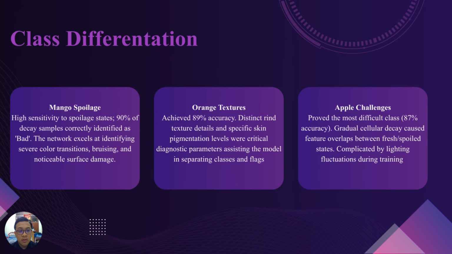There is class differentiation. For mango spoilage, with high sensitivity to spoiled states, 90% of the decay samples were correctly identified as bad. The network excels at identifying several color transitions, browning and noticeable surface damage. Orange texture achieved 89% accuracy, distinct rind texture detail and specific skin pigmentation levels were critical diagnostic parameters assisting the model in separating classes and tags. Apple challenge. Proved the most difficult class, 87% accuracy. Gradual circular decay causes feature overlap between fresh and spoiled states, complicated by lighting